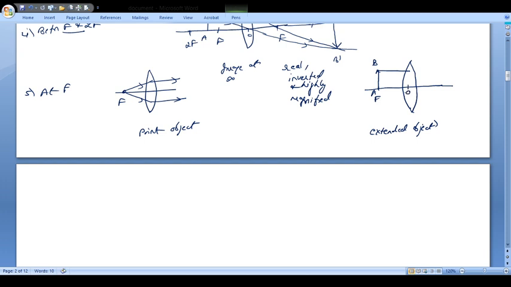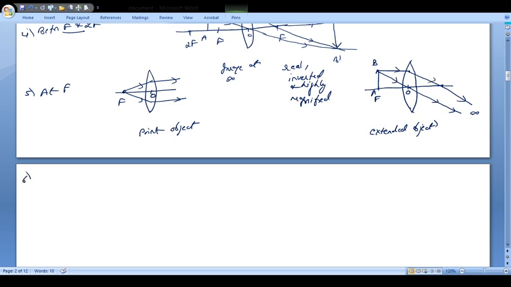This is the optical center O. Here also I think we can mark optical center O. So here this is F. So a ray will pass through F. So here you will show this ray. And the second ray will go through optical center undeviated. So this ray. Now these two are parallel, so the image is formed at infinity. So exactly the same thing, but now we have shown with the extended object.